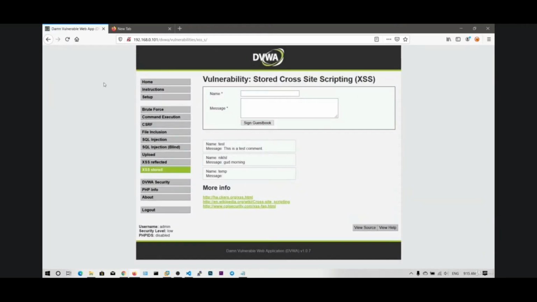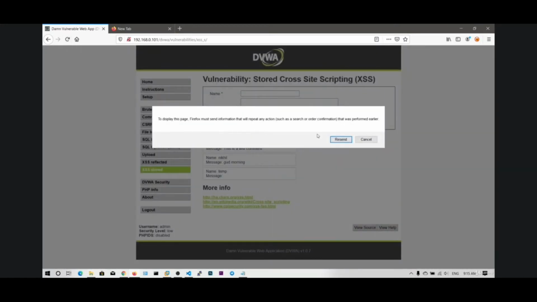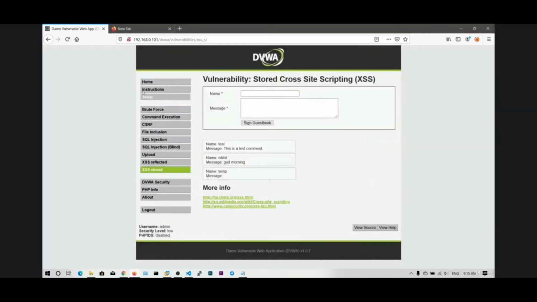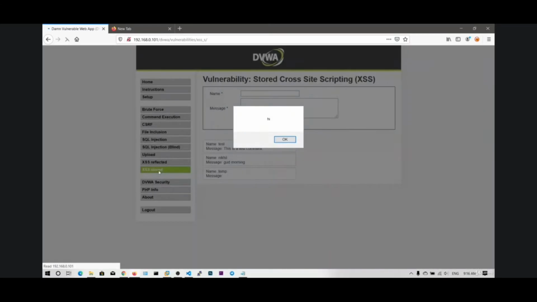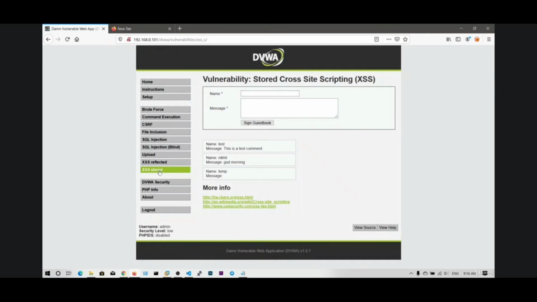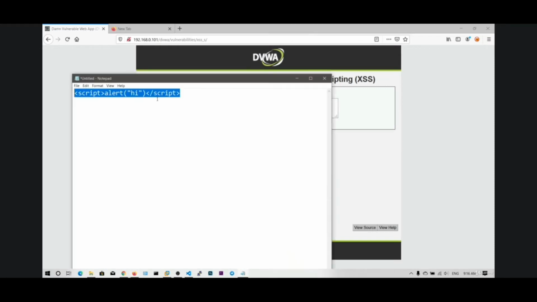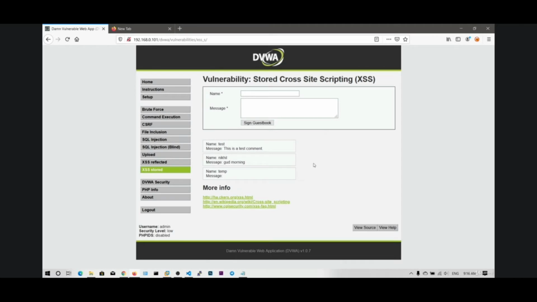Now let me just refresh this page and see what happens. So okay, I'm going to home. Now I am going to visit this XSS stored page. As you can see, whenever I click this, I get the hi because this is stored XSS, and whatever payload I sent in the previous message will get stored in the database.